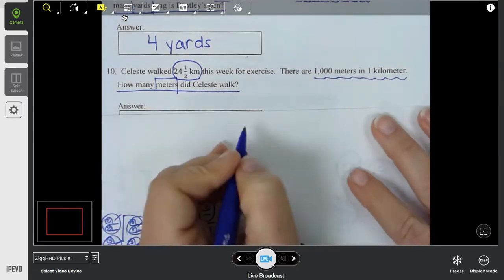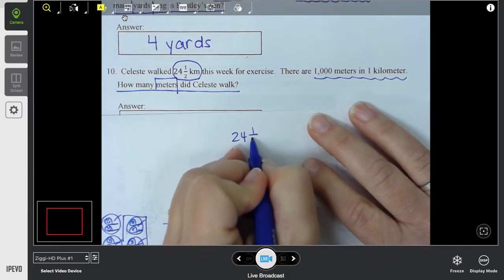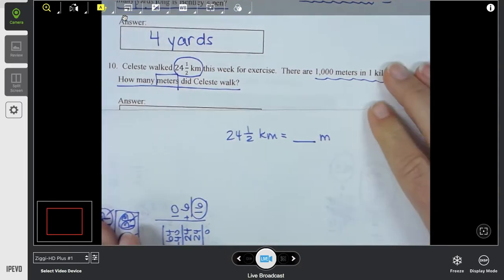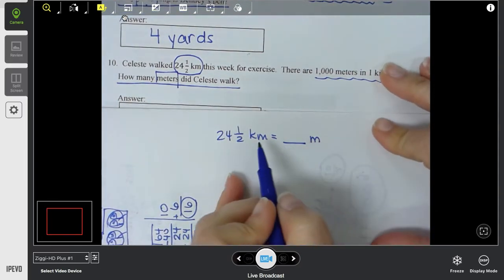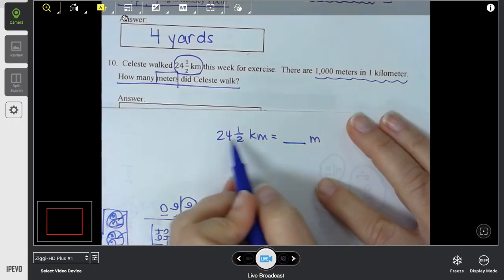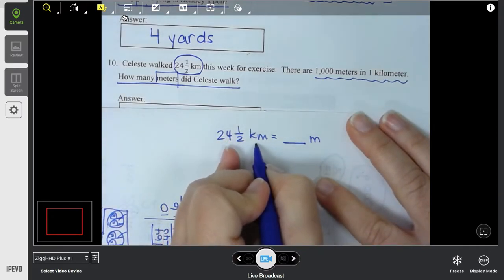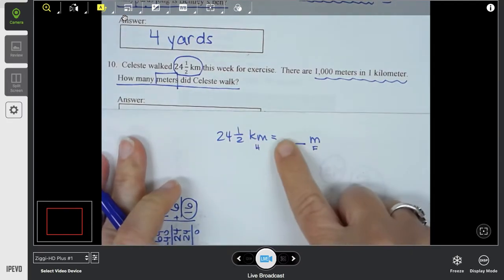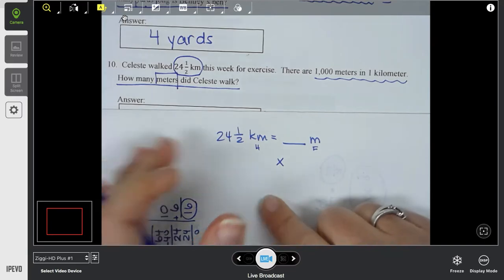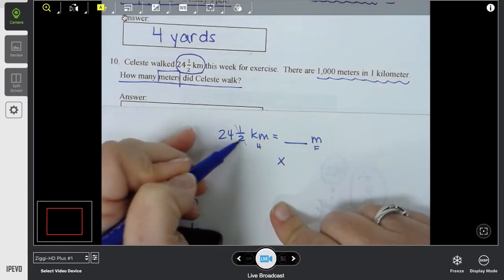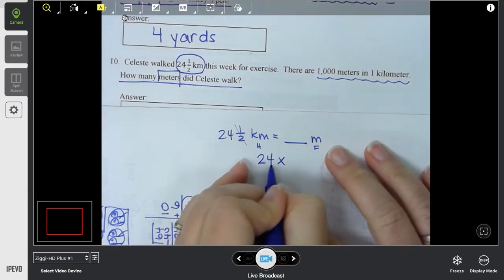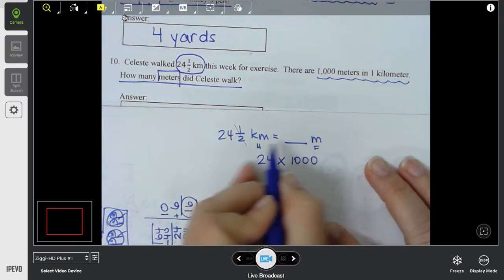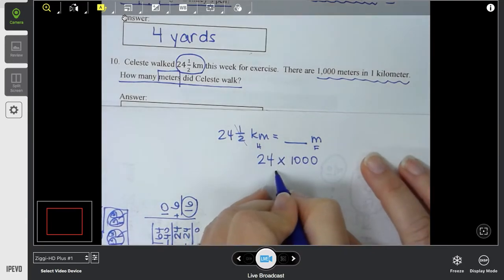All right, so let's do this. 24.5 kilometers equals how many meters? We know there's 1,000 meters in every one of those kilometers. So we're going from horse to fly. We're going to multiply because there's more meters than kilometers. So let's just ignore this half for just a second. Let's talk about the 24 kilometers. 24 kilometers times 1,000, because there's 1,000 meters in every kilometer, is going to be